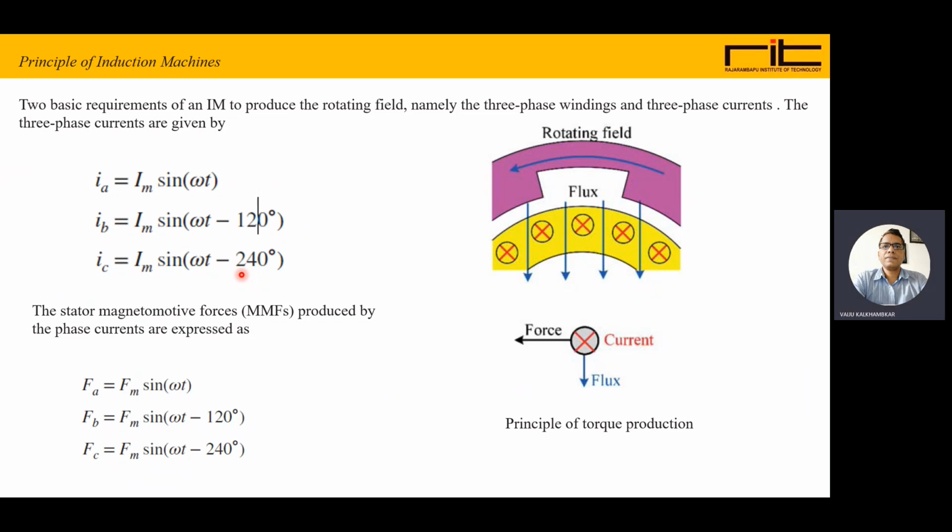The stator MMFs, that is the magnetomotive forces, will be produced by these phase currents, and this can be stated again. The magnetomotive force Fa is equal to Fm into sin omega t. It is varying in a sinusoidal way. Fb is equal to Fm sin of omega t minus 120, and Fc is equal to Fm sin of omega t minus 240. So with this, a rotating magnetic field is produced,